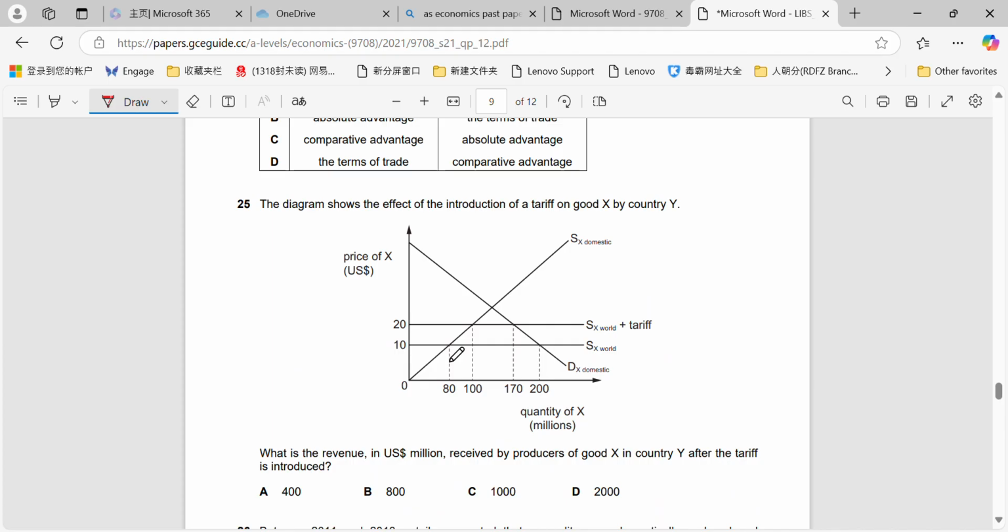So we go SX world was what would have been done previously. Then we go to SX world plus tariff. Remember, their revenue will be, they can only make revenue on what they sell, right? So that will be their supply level. Demand level isn't relevant because you might have more demand than products that can actually be sold. You can only make revenue on those that are sold. So very simply, the revenue would be the price multiplied by the quantity, and that would give you 2,000.